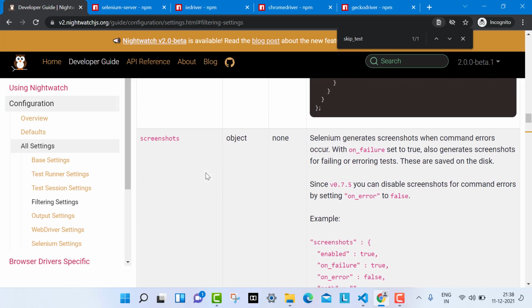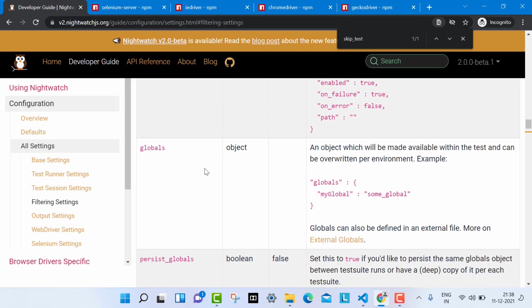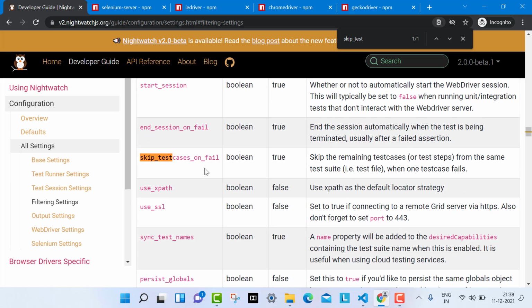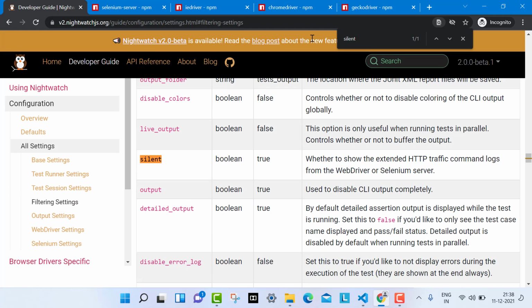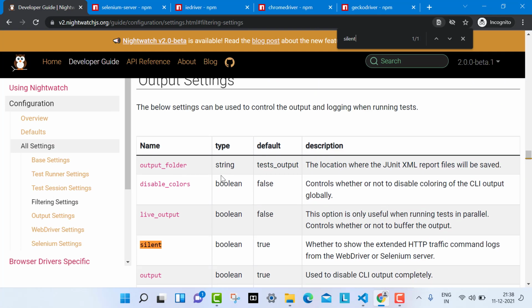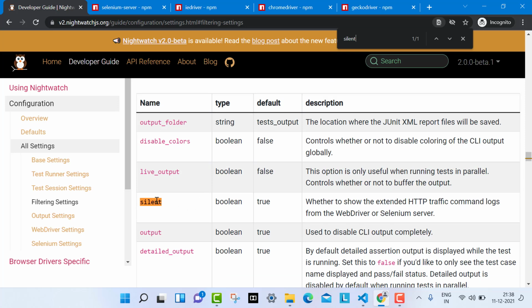Next is the desired capability, which we will see later, in the same test settings. Next we will see silent. What does this mean? Let me search for this one. The silent is under the output setting, and it is true.